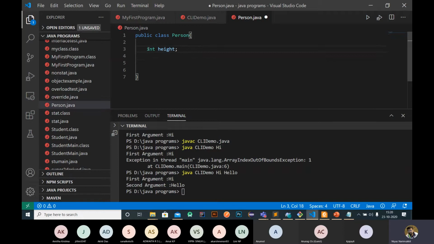In case of a class, we have some kind of features or attributes. Some kind of variables will be there, and some kind of methods also will be there, right? For a person, we can say a person has some height, a person has some weight.